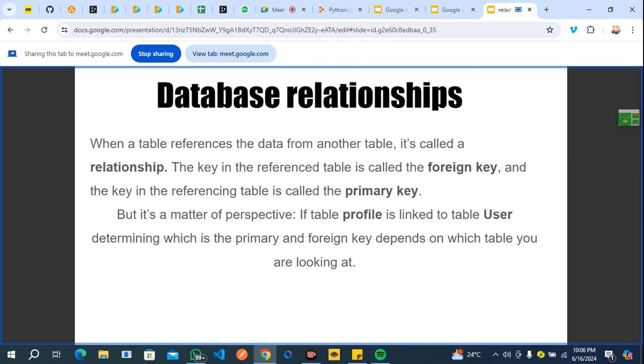So, like I said, the foreign key can't just say, okay, this is a foreign key, right? Let's say, for example, now the profile is the one referencing the user. What I mean by referencing is that when it comes to the user model, you are going to see a profile, right? Which is not doable, right? A profile cannot reference the